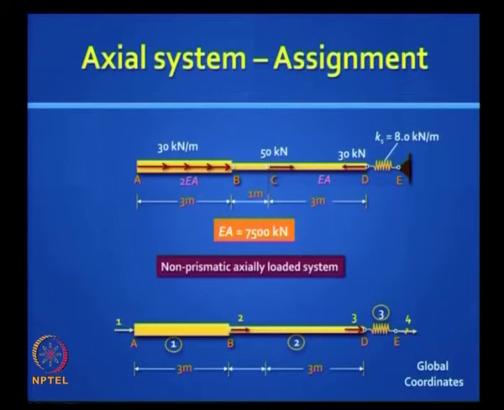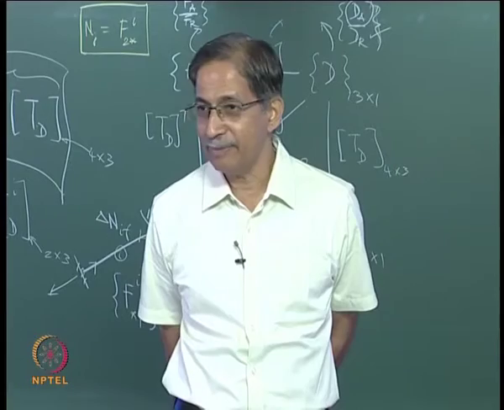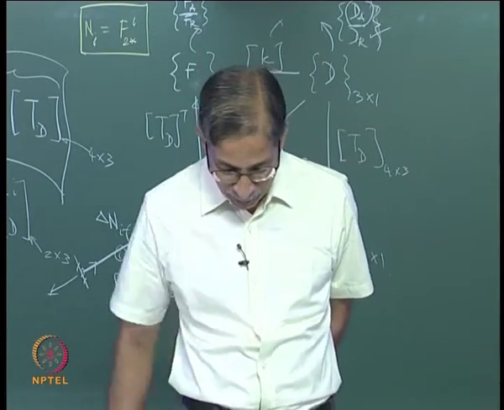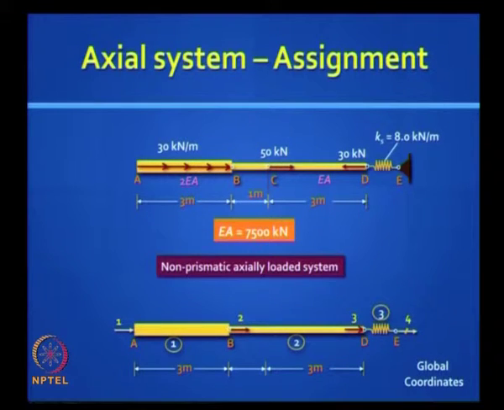No, actually you have been dealing with springs all the way. The axial element is a spring element, or the spring element can be interpreted as an axial element. So you will treat it as a third element, that is all. Third element. So choose these coordinates that I have indicated, 1, 2, 3, and the 4 is restrained, and do this exercise. This is a problem subjected to some intermediate loads.